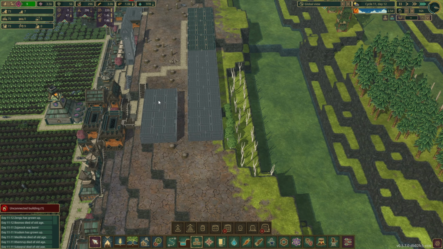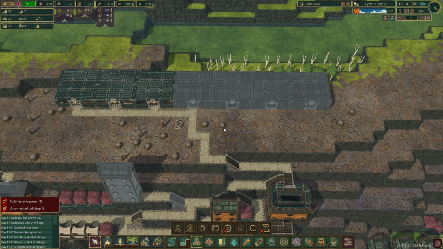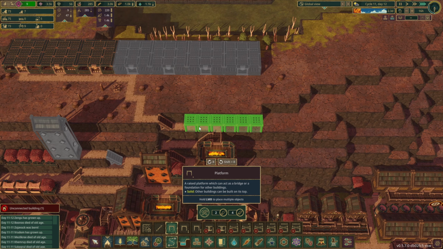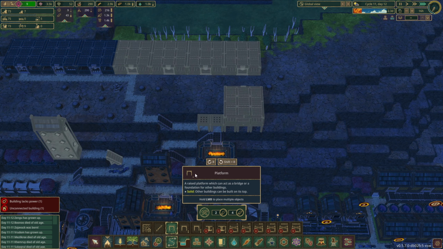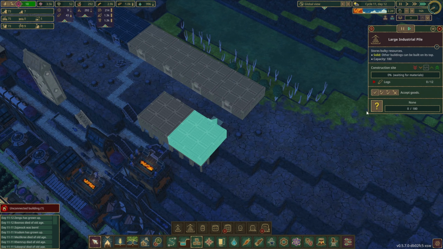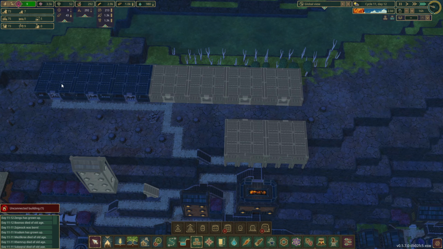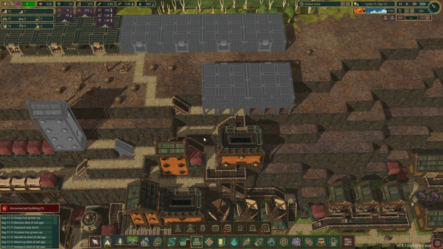So, if I delete those, that will change this staircase, though. Will it? I don't know. Let's see. So if we put some platforms out here, just so I can map this out. So if we get a large storage there, and then a large storage there, these will be for metal blocks. Right? So we got scrap, scrap, metal blocks, planks, tons of wood. Okay. So now...